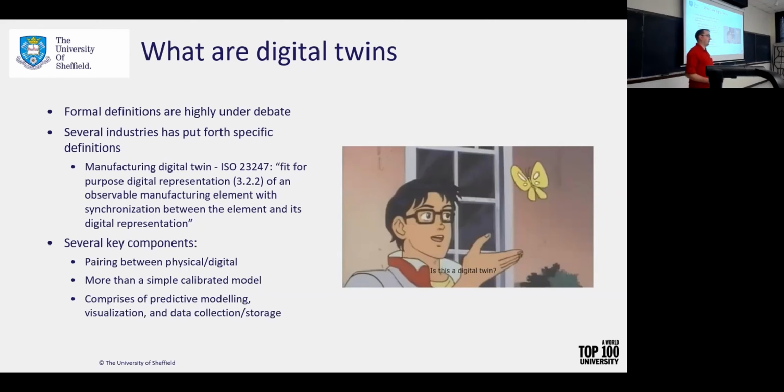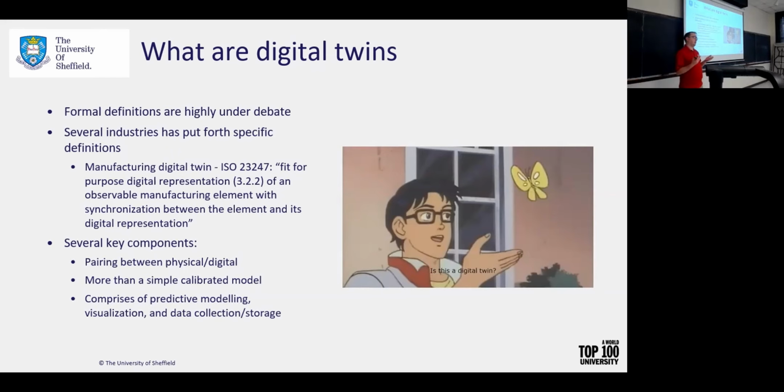But as you look through the definitions, I think I saw a paper the other day that said there are 57 different definitions of digital twins in journals right now. So a lot of different definitions. If you go through and read them all, there are some key components that people like to represent. One of the main key parts is that there's a pairing between the physical and digital systems. So there needs to be some type of synchronization, whether that's a calibration every month, every day, every hour, whatever it is, or a live feed of data that goes into the model. How it's actually implemented is up for debate, but the general idea is there has to be some pairing between the physical and the digital systems.